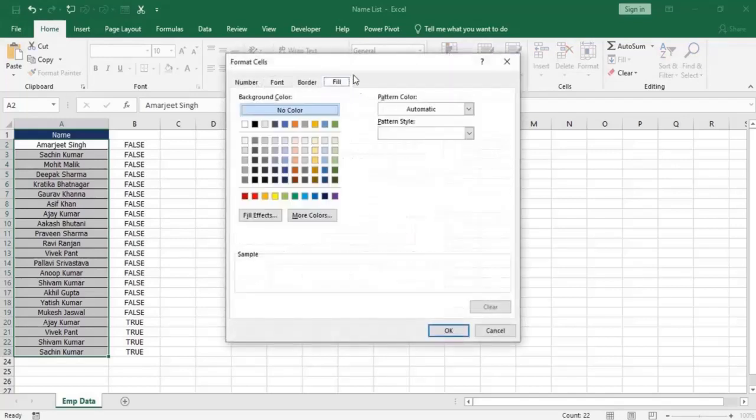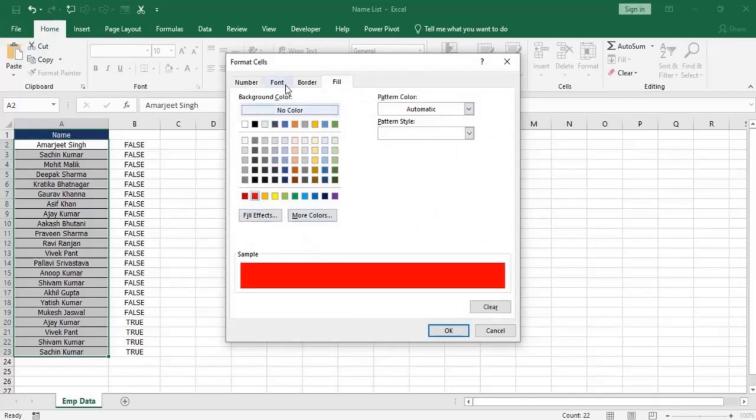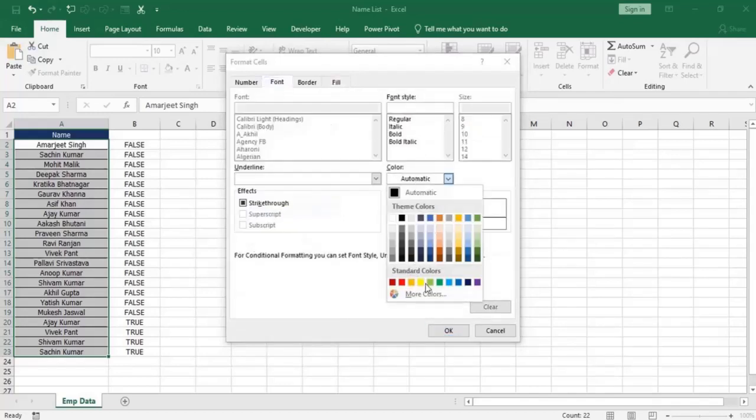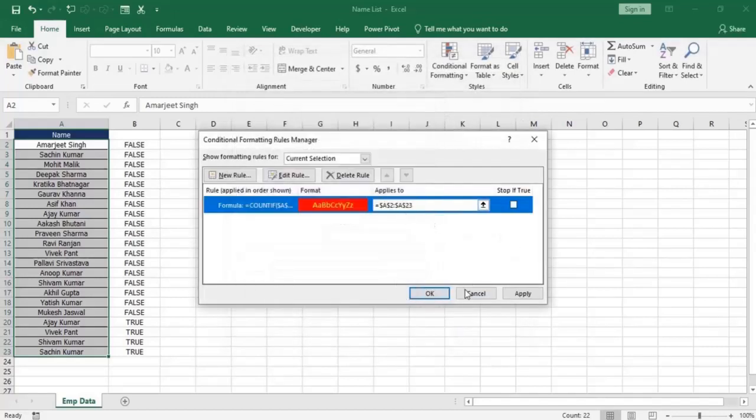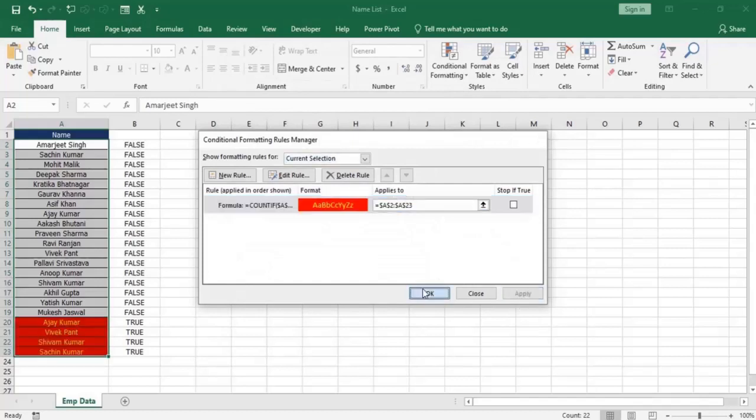Let's set a format. I want the duplicate entry to be filled in red color and the font to be, let's suppose, yellow color. OK, and apply and OK. That's it.